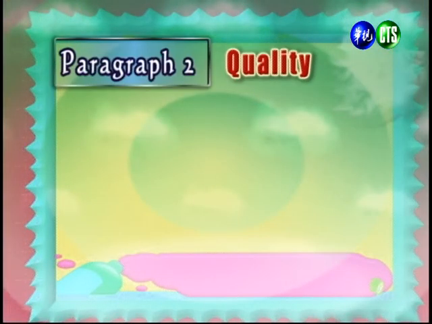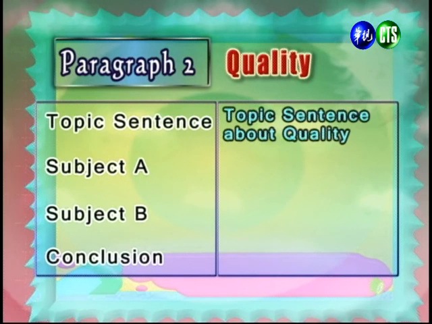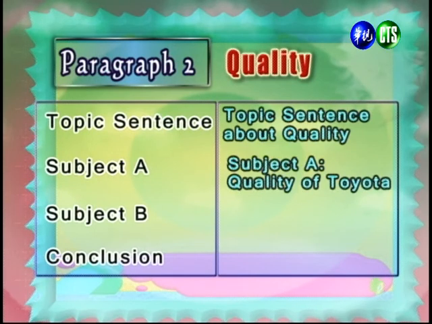Right, now let's take a look at a more concrete example. So let's say that we're writing about cars again, and that this paragraph is going to be about the quality of the two cars that we're comparing. 好，那我们举例来讲，再一次我们拿 Toyota 跟 Nissan 来做比较。首先呢，我们要先探讨的一个重点是 quality，是品质的部分。Right, so that means we'll start off with a topic sentence that's about quality. 好，那就代表说呢，我们会用一个讲述重点、讲述品质的这个主题句来当做开头。And then after that, we're going to discuss subject A, which is the quality of Toyota cars. 好，接下来我们会先讲到这个 A 物品的一个差异哦，也就是 Toyota 的品质。